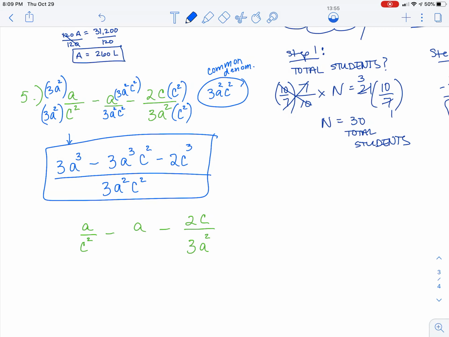Okay, so I'm going to take that common denominator of 3a squared c squared, and I'm going to multiply everything. I'm going to multiply each term with 3a squared c squared. Okay, so 3a squared c squared, and the same thing here. I'll put it in parentheses so you can see it's being multiplied. 3a squared c squared. So all I'm doing is increasing each term by that term, 3a squared c squared. The cool thing is what happens here,